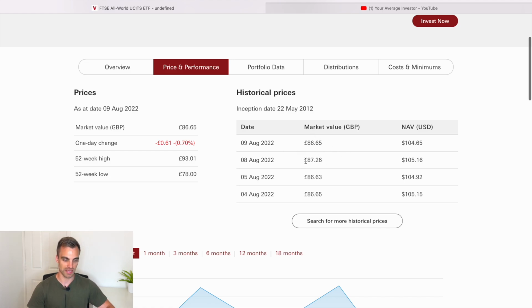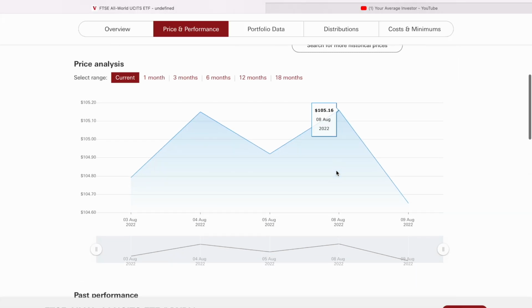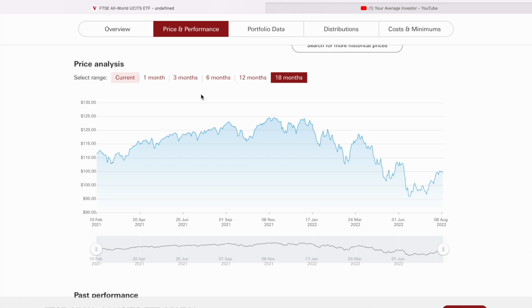The day before it was at 87.26. So you can track the movement of this fund over time just to see whereabouts it's sat. You can also have a look at the price analysis. So this is over the last week, but if we click to the last 18 months, you can see that